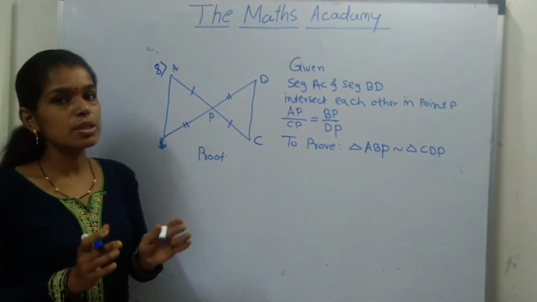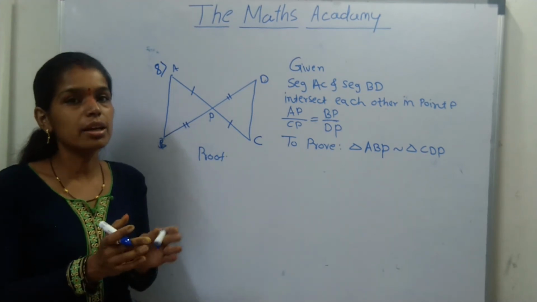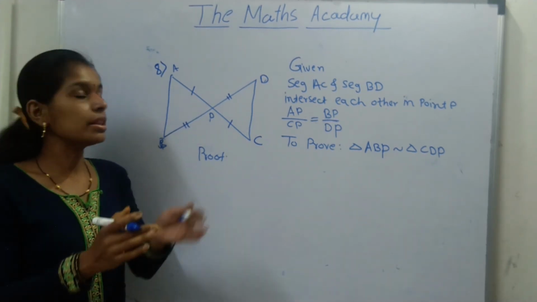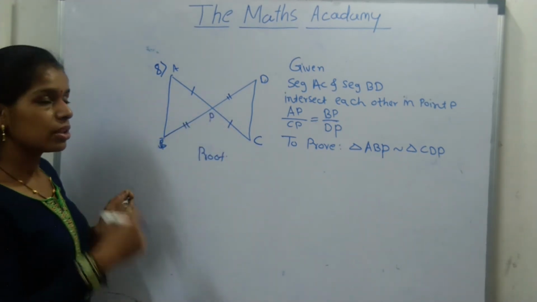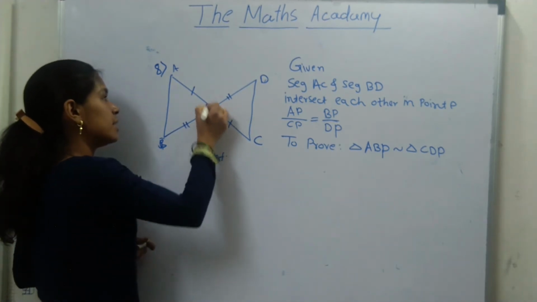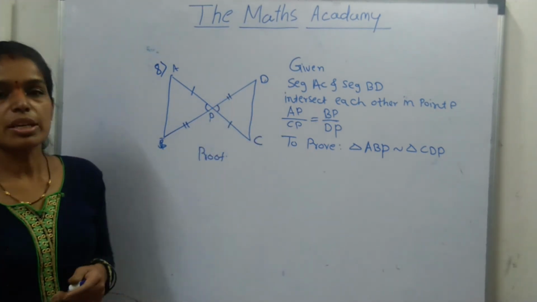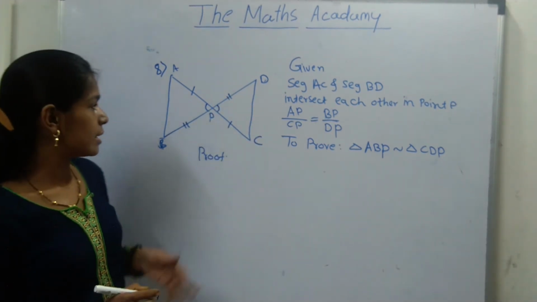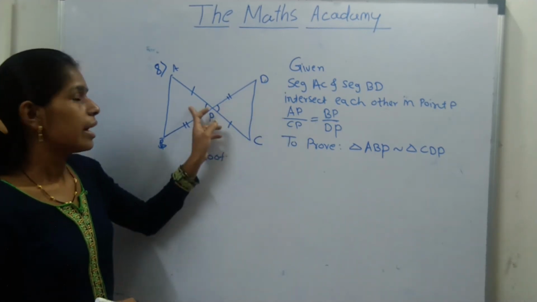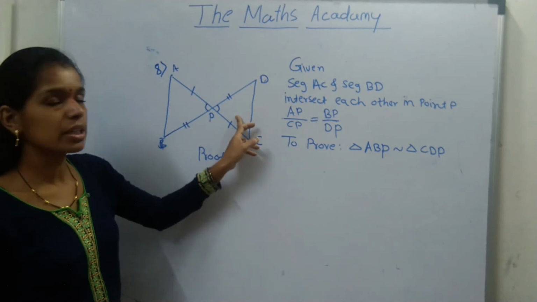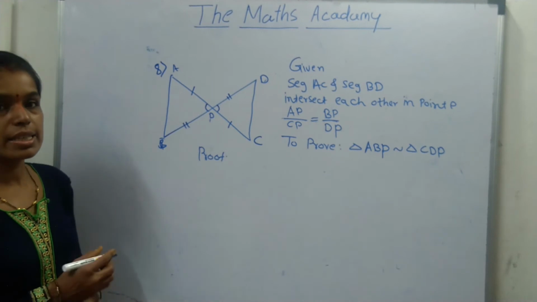That is, the ratio of these two sides are equal. Now what remains if two sides are given? If the angles included between those two sides are equal, then the triangles will be similar to each other by the SAS test of similarity. Now which is the included angle here? Here the included angles are angle APB and angle CPD. By the vertically opposite angle test, these two angles are equal. Therefore, the sides are already given, and the angle is equal by the vertically opposite angle test. Therefore, the two triangles are similar to each other by the SAS test of similarity.